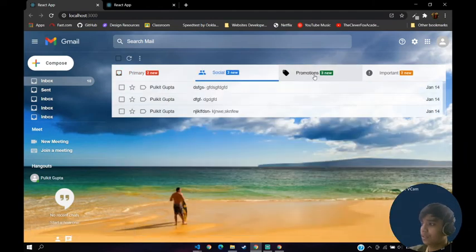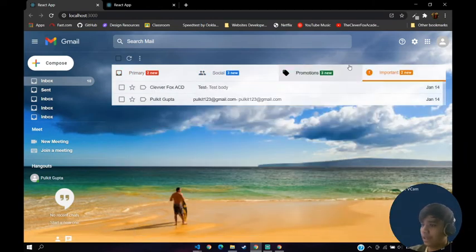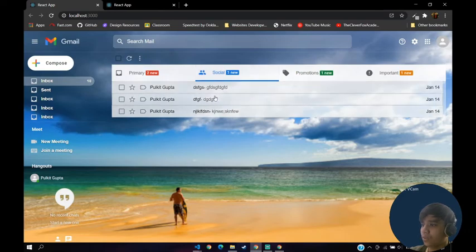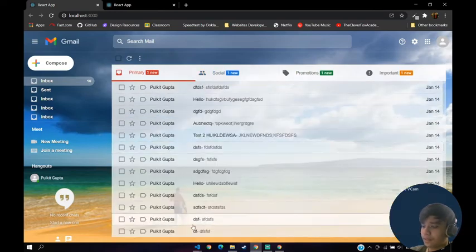Okay, so we have 3 new here, 3 new even here. Important also, we have got 2 new. Click on this, change update it to 1 new. Okay, this is the glitch we are having. So here 2 2 1 3 2 1, correct, working perfectly fine.